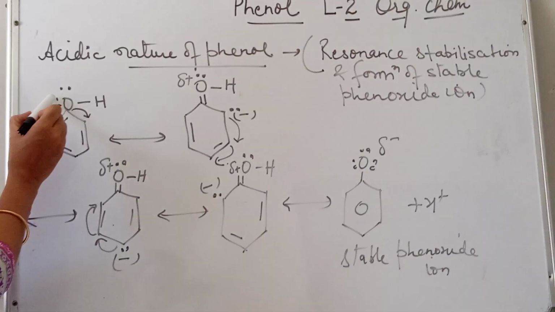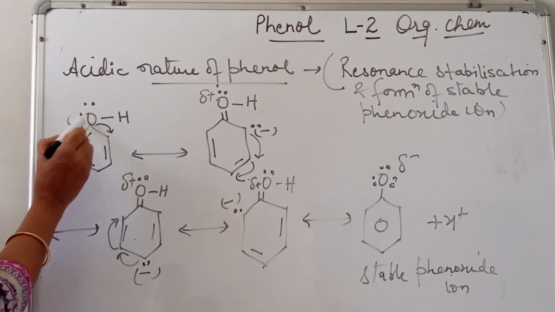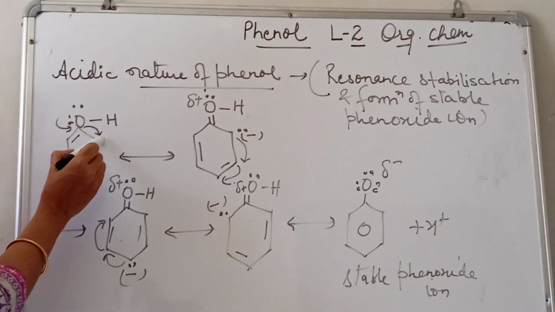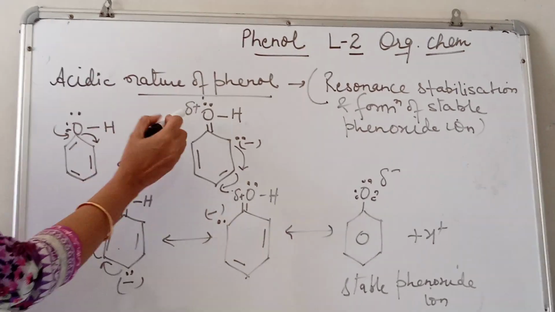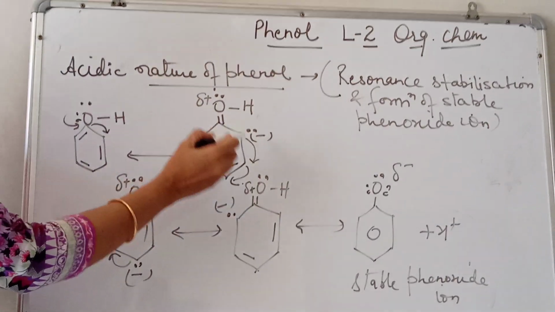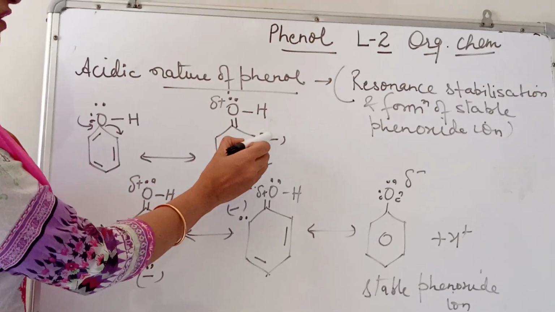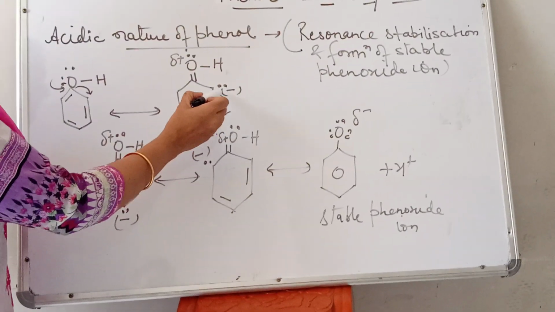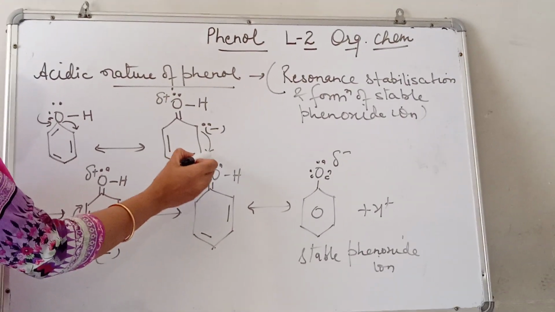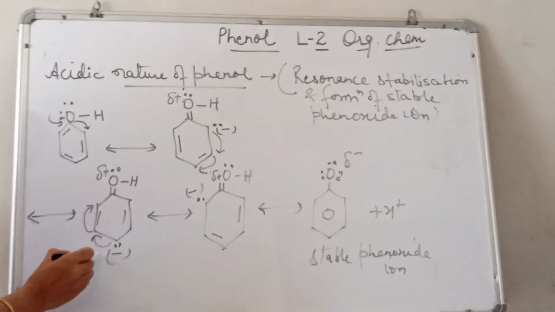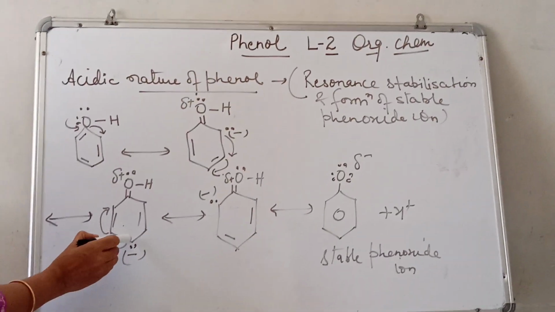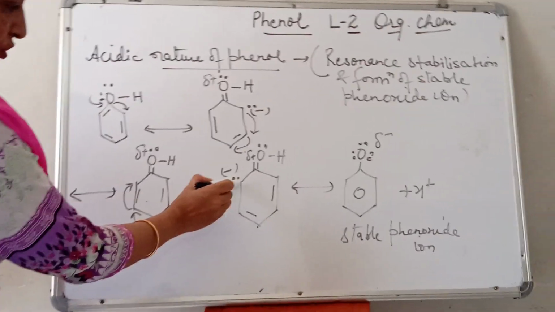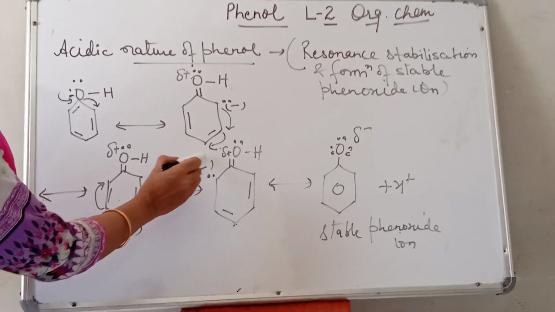This lone pair of electrons will jump two times. It will jump here to the ortho position. When it gives electrons to the benzene ring, oxygen acquires a partial positive charge. And so the lone pair of electrons is moving here, so this point will acquire a negative charge. Again, it will move to the para position. So again in this structure it has moved to the para position. Then again it will move to the ortho position. This time I am showing you the lone pair of electrons on this ortho position.